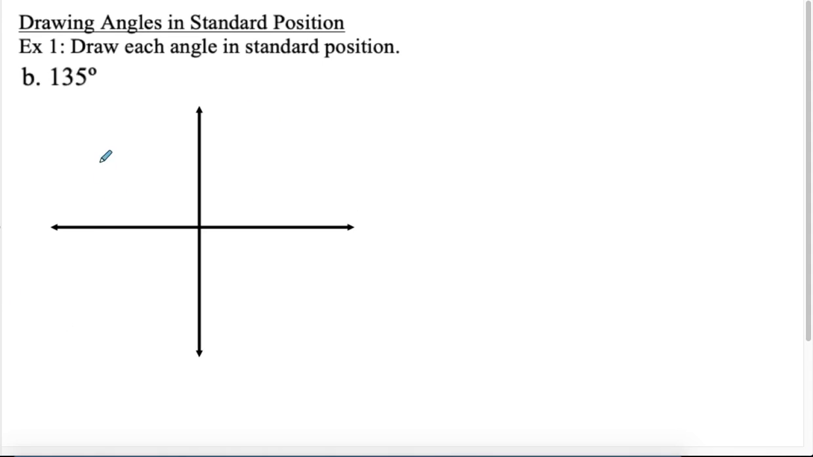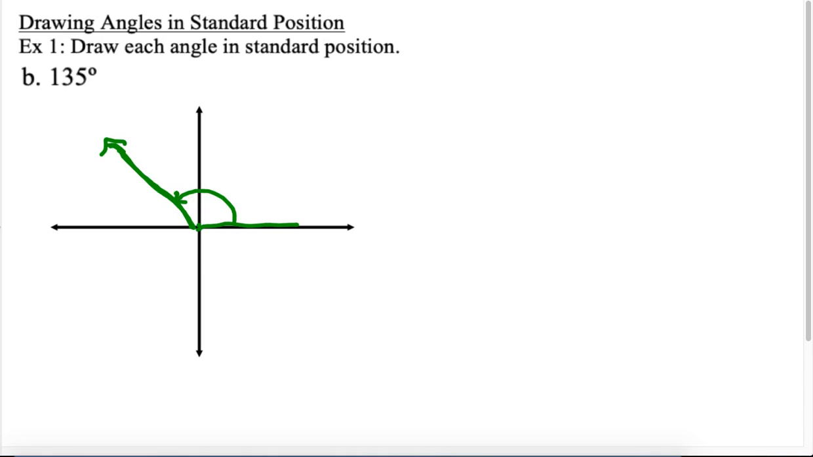So if I want to draw a 135-degree angle, well, again, I'm starting here, and from here to here is 90, so then I need to go an additional 45 degrees, right? 45 would be halfway, okay? The line's not real straight there. And then again, we need to make sure we're drawing the arrow showing the direction that this angle is going,